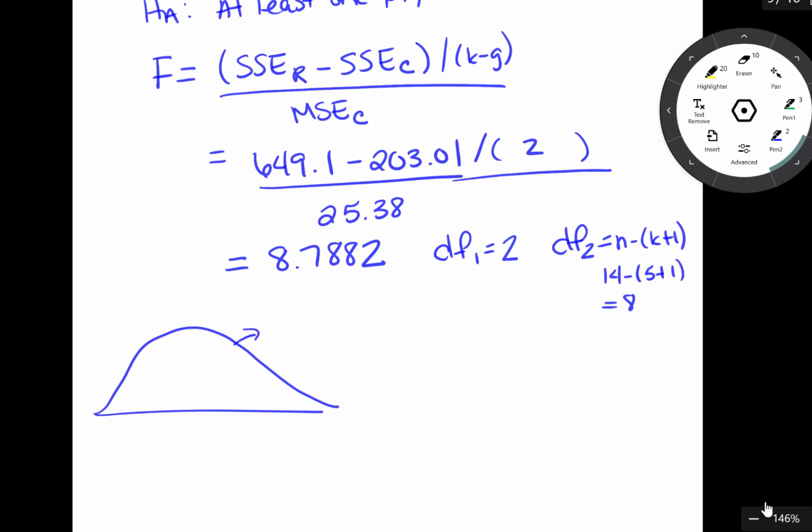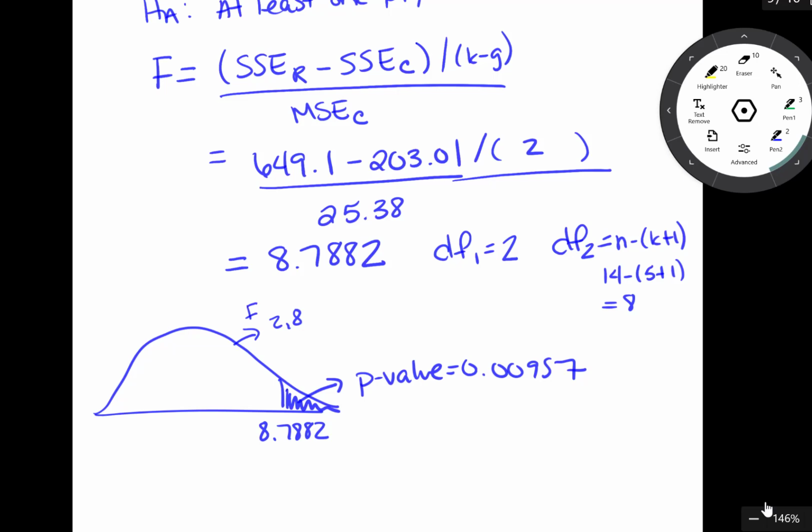where this F distribution has 2 and 8 degrees of freedom. And what we're saying is if we have the endpoint 8.7882 here, the p-value is really that area to the right. And if you remember way back, second week of class, we saw how to find these values under the curve and endpoints using R. So you could use R here, and you would find that that area, which again corresponds to the p-value, is equal to